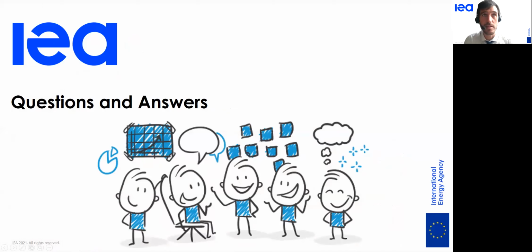Okay, so we'll take now some first questions. I see already two which are asked, but please feel free to ask more. First one is, can you combine bottom-up and econometric approaches when modeling? And the answer is yes, and this is something we will see, for example, tomorrow in the illustration with the